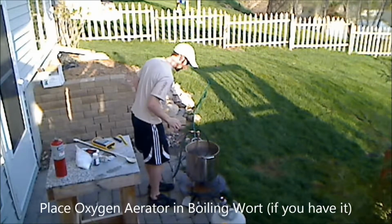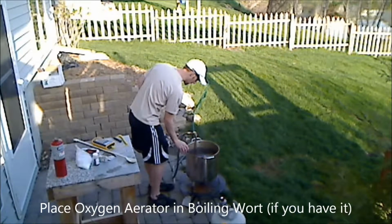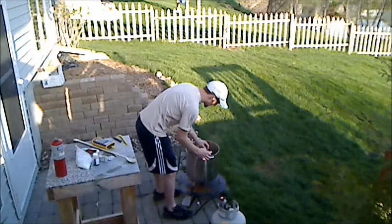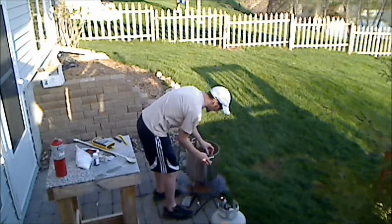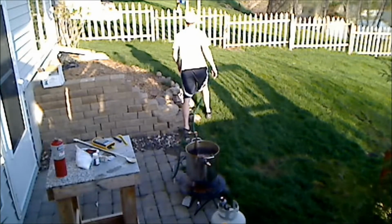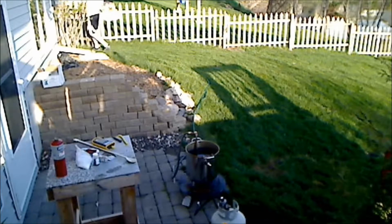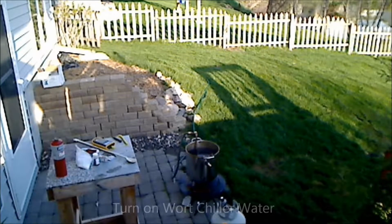Alright, now if you have an oxygen aerator, this is the point you're going to want to add in that hose and stone to your boiling wort. And that will sanitize all bugs or organisms that might still be on that hose. Now if you're a beginner, I don't really recommend using the aerator. You can actually manually stir your carboy by hand, as long as you're not going to really extreme high gravity